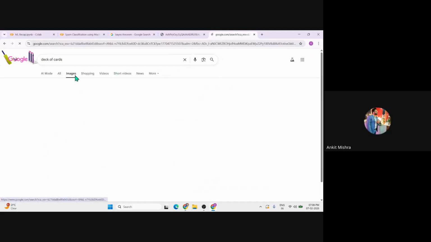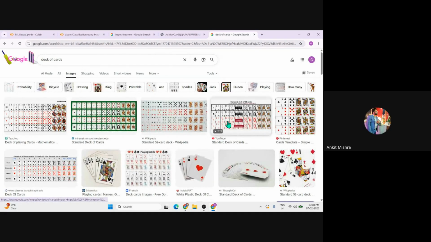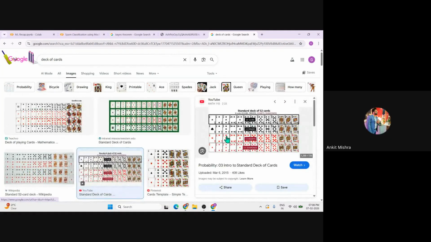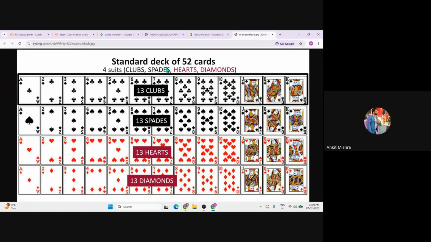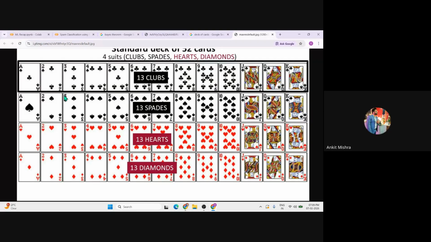Let's take a very basic example. We know that in a deck of cards we have a total of 52 cards. You have to participate in the question and answers, because this time I don't just want to explain things. I want a two-way confirmation whether you are getting the point or not. In the deck of 52 cards, each card has a separate suit: clubs, spades, hearts, and diamonds. In each group we have a total of 13 cards, three of them face cards. J, Q, and K are the face cards. The first one is the ace, followed by the digit cards.